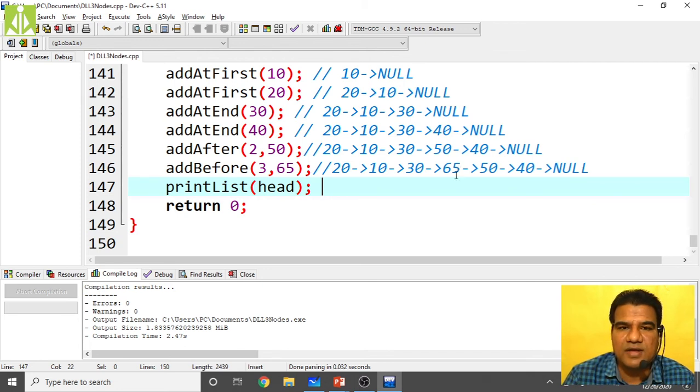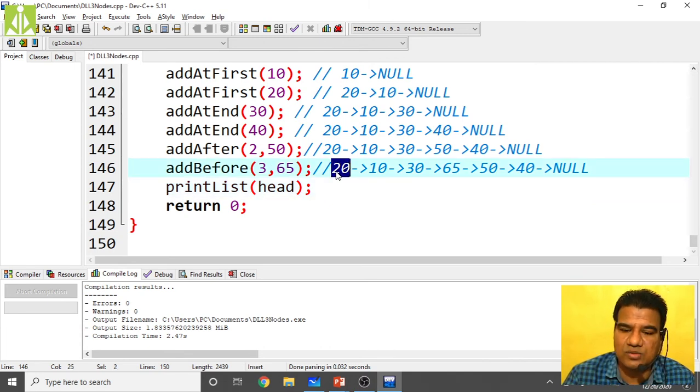Let us assume we are performing the search for a non-existing value. We have to give the negative response, but before that, we have to search sequentially. Again we start the search operation from here itself. 73, let us assume. 73 equal to 20? No. Go to the next. Shift the temporary pointer here. 10 equals 73?